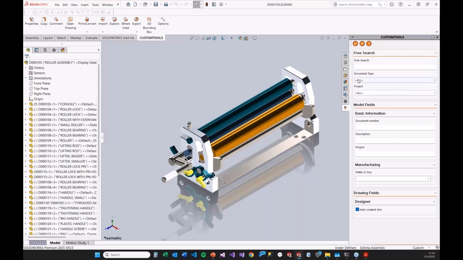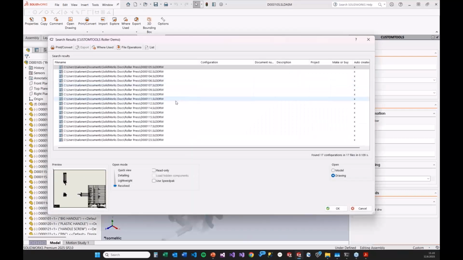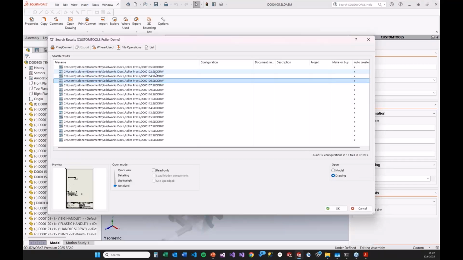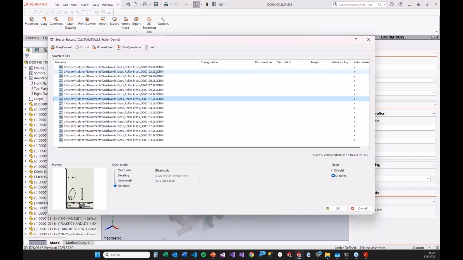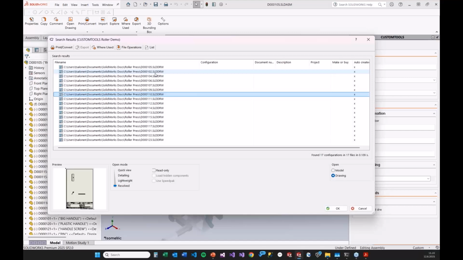In CustomTools, we have a search pane available on the right-hand side, and I have defined that this custom property is the property I can use to search files. So we can just search for files that have this auto-created drawing tick mark selected, and we can find all the drawings from there. So the process would go so that I can open one of these drawings in my SolidWorks session,